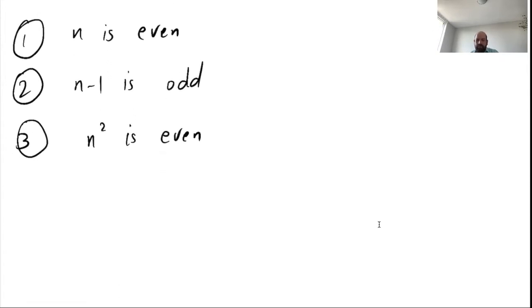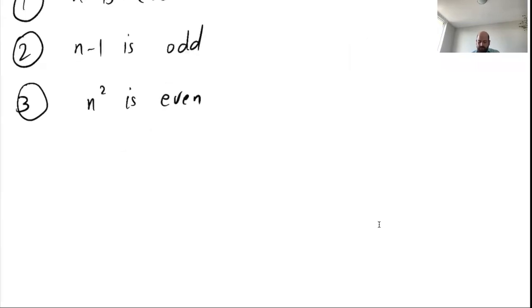So again, we want to prove equivalence of 3 statements. We can go from 1 to 2, then 2 to 3, then 3 to 1. We have to do a cyclic reasoning, so 1 to 2, 2 to 3, and then we go back to 1 from 3. So to prove 1 to 2,